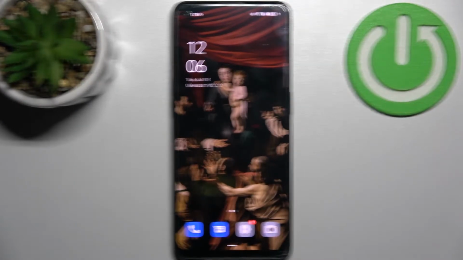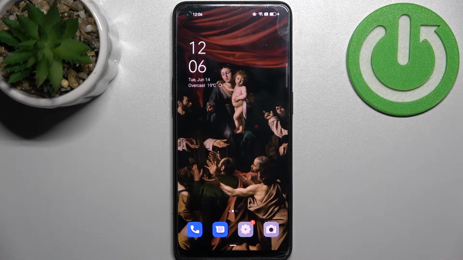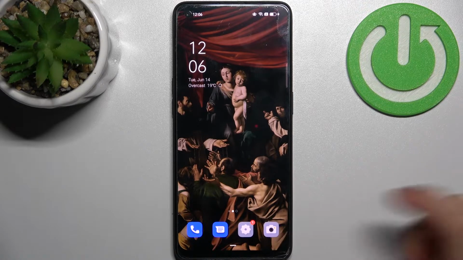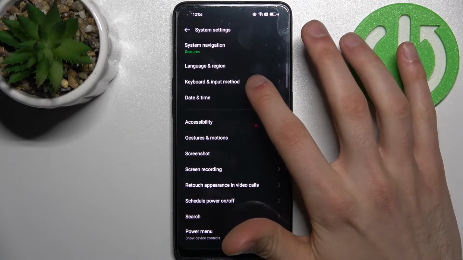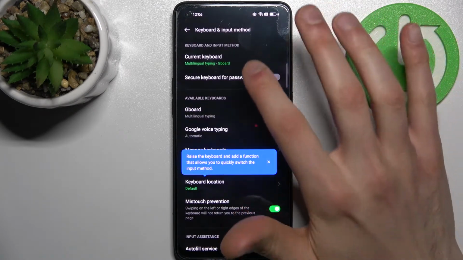Here I have OPPO F21 Pro, and today I'm going to show you how to change keyboard language on this device. So firstly you have to open settings, then you have to go to the system settings, keyboard and input method, Gboard,